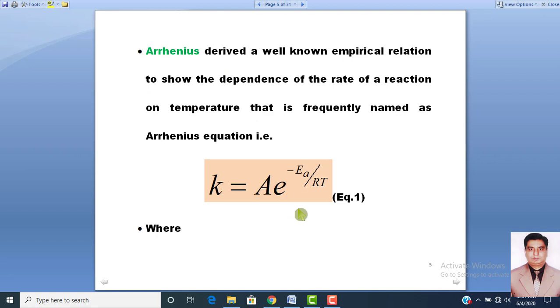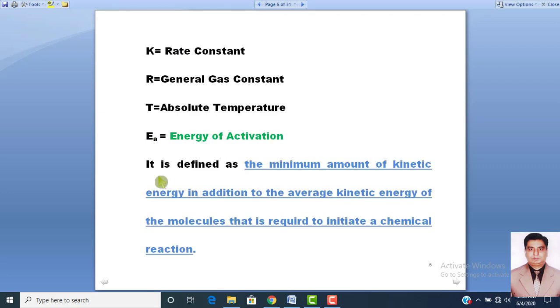Dear students, this is the famous Arrhenius equation, here in equation number 1, according to which the rate constant k is equal to A into exponential base raised to power minus Ea over RT. k is equal to A e to the power minus Ea over RT. Dear students, in this equation number 1, the terms k, A, exponential base, Ea, R, and T mean